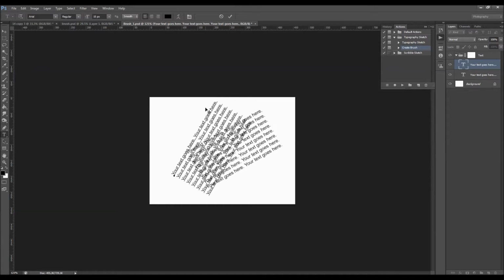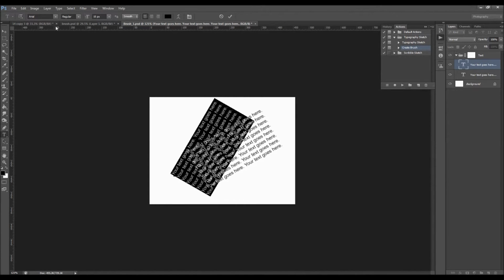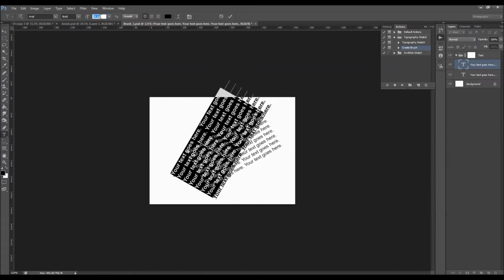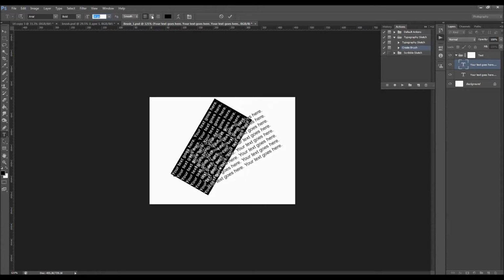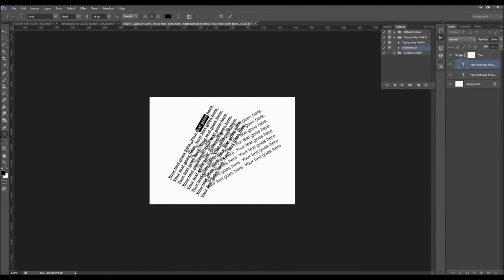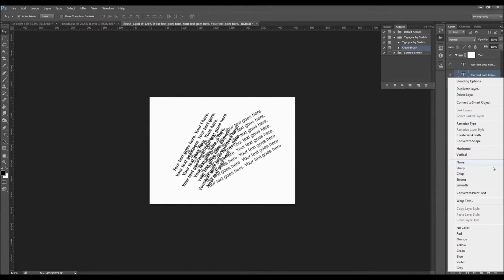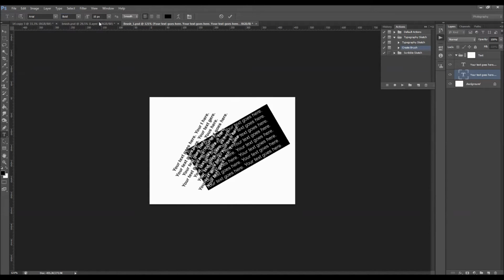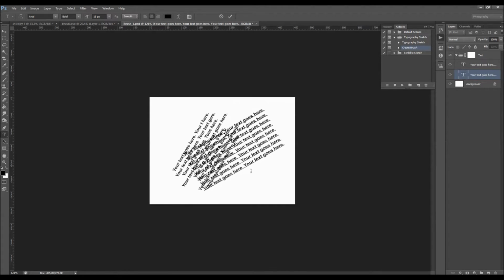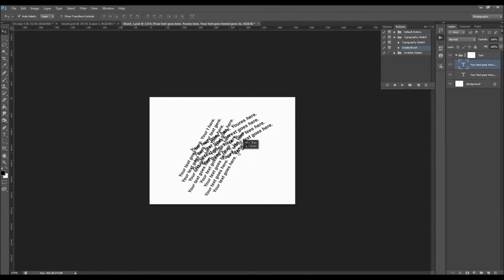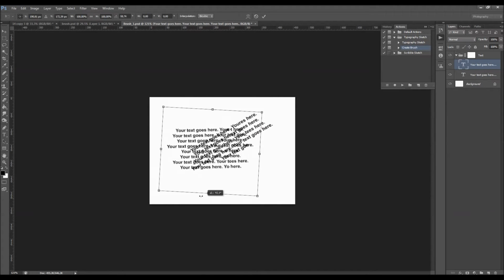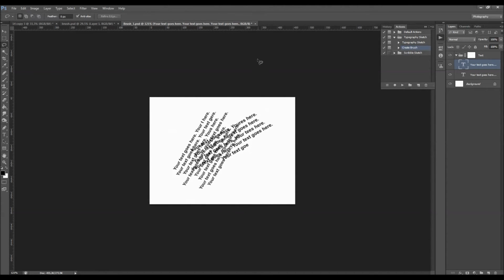Okay, and what you can do now, you can just press Ctrl A or Command A for Mac and select the whole text, and you can just change the font, okay, to any font that you like. And you can also change the font style, the font size, okay, or what I like to do is to change the alignment like this, and then just crop some, actually remove some letters like this, okay, just like the other one, double click there, so just make the same settings, just like this, and then you can crop some lines like this. Okay, so you can also pick a lasso tool, go right click, free transform, and you can rotate this, move, scale. Okay, so after you make your text as you like, okay, your brush like this,